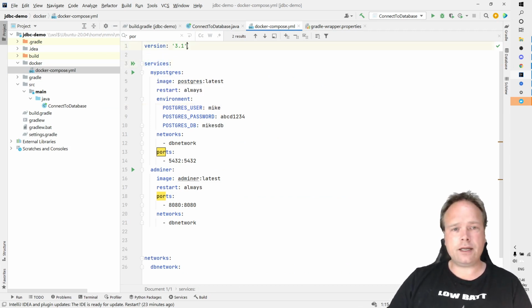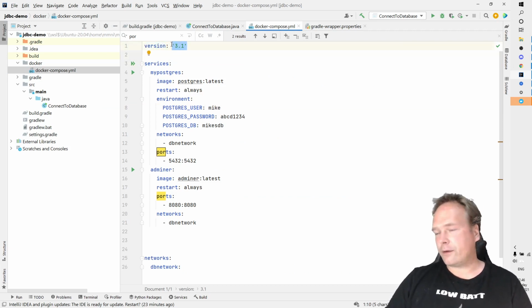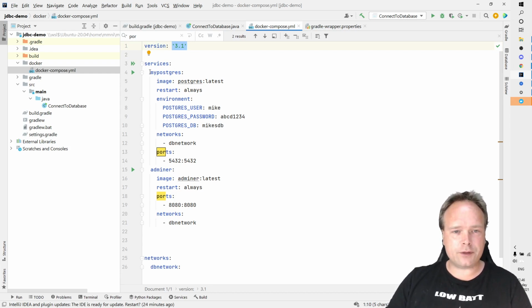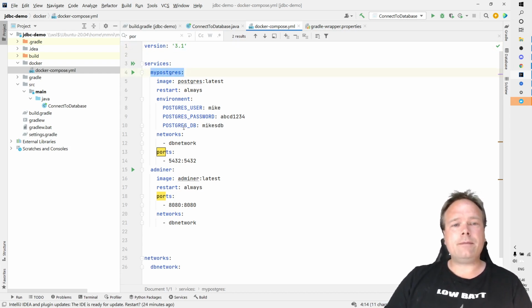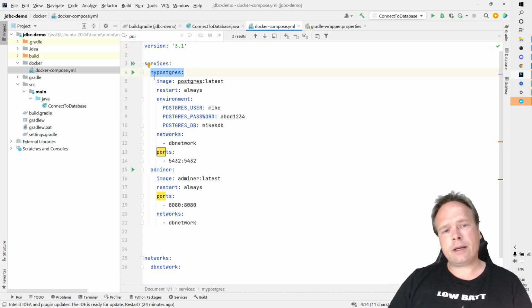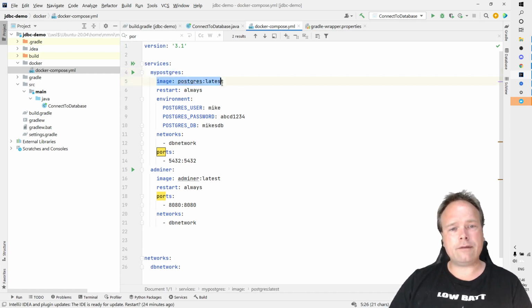I'm defining my services right here. I'm just using version 3.1. There's not a lot of thought behind this version right here. It could be a lot of other versions instead. Then I have named a service my-postgres-server right here. Then I have the image, which is postgres:latest, and you can go to